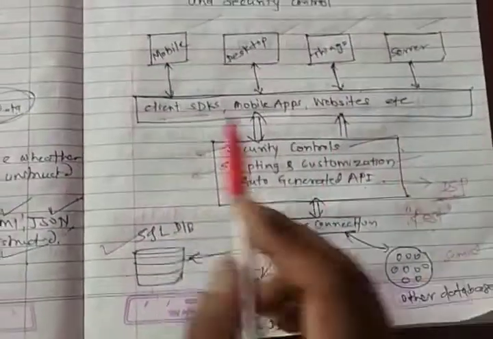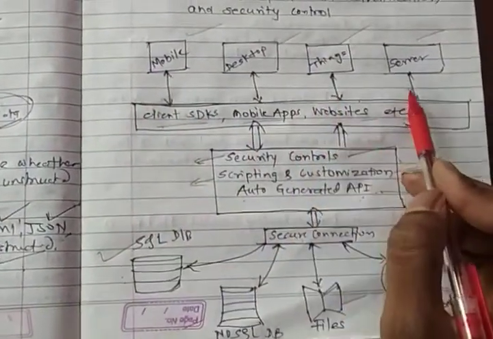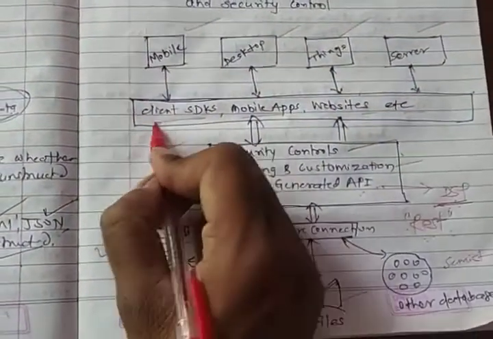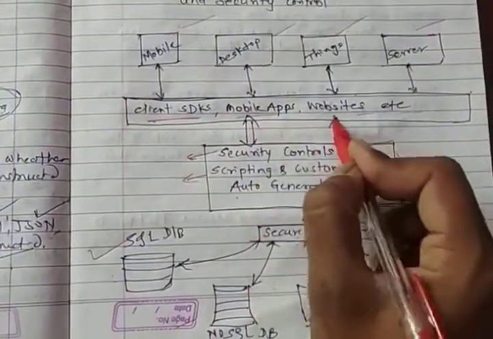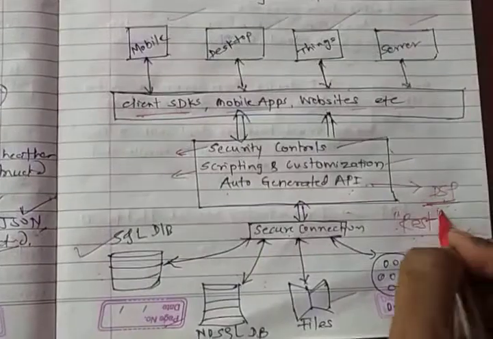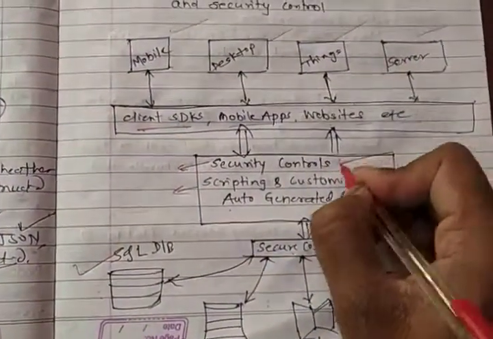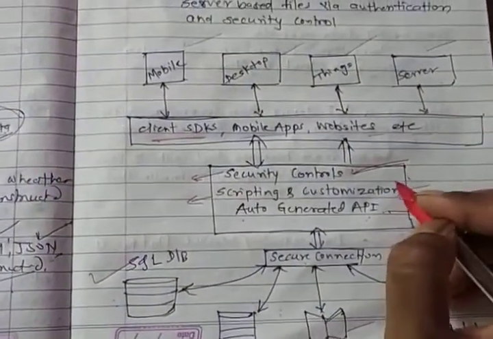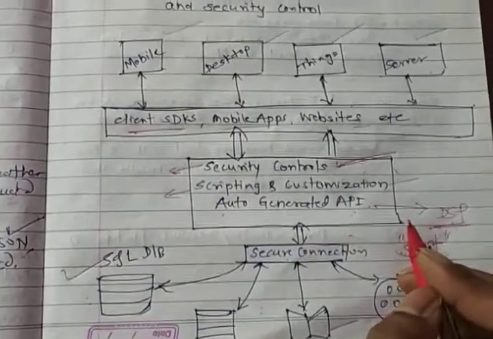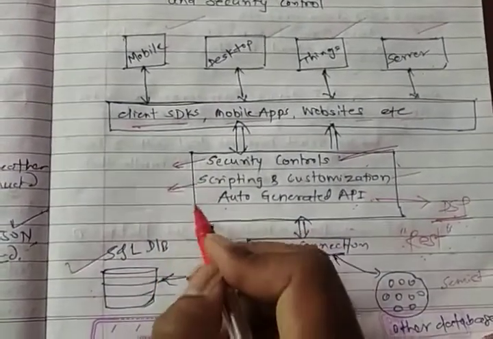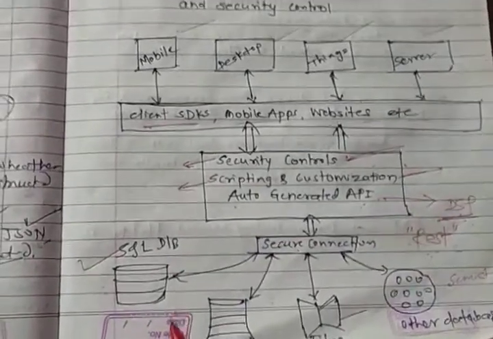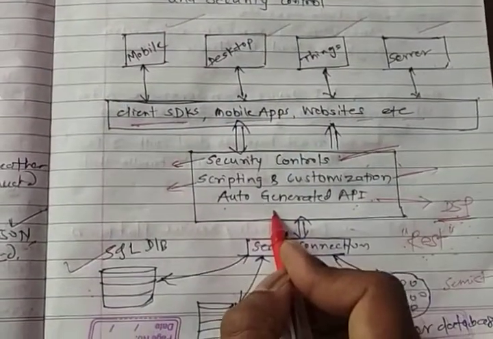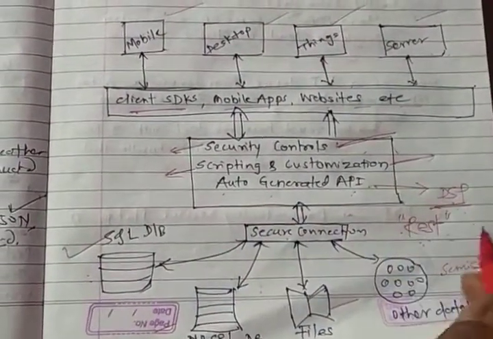So it consists of the devices that use your API, that use your IoT devices. These IoT devices can be accessed by these devices through various methods, like SDKs or mobile apps or websites, etc., right? This DSP will be responsible for checking the security concerns, that is, whether the particular IoT device should be accessed by these devices or not, meaning whether that IoT device should respond to these particular devices or not, right? So scripting will be done here, and customization will be done here, determining which services are granted to these particular devices. It will automatically generate the code that is required to store that type of local store